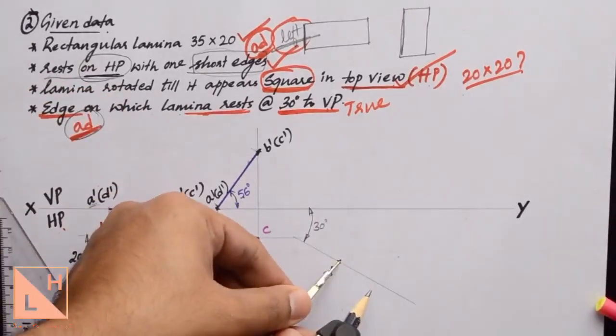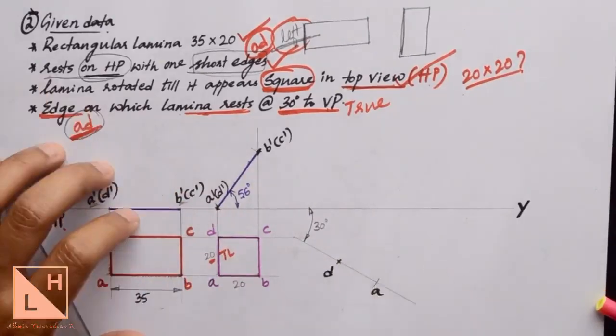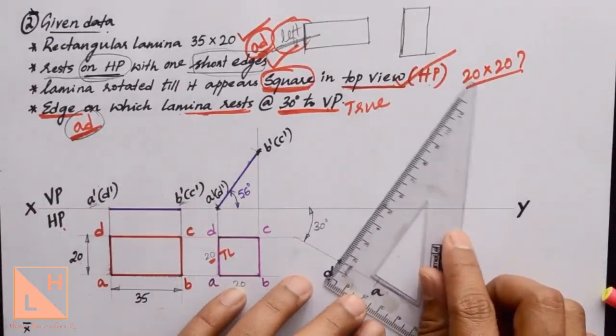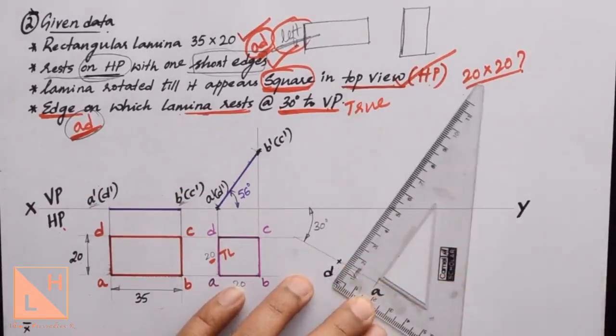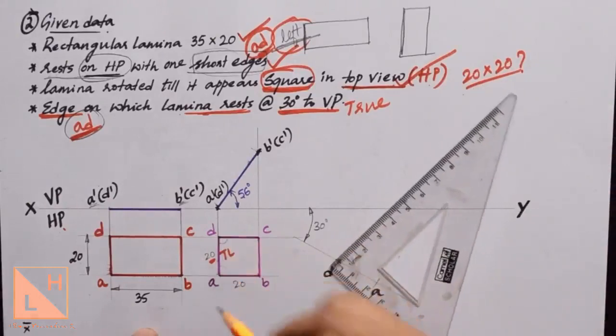You can cut the arc from D. You can draw A to D also, it doesn't matter. In fact, since this is a square, you can also draw it by drawing perpendicular lines. You know this edge will give you 90 degrees. Since it is a square, we know the length and the angle also as 90 degrees.